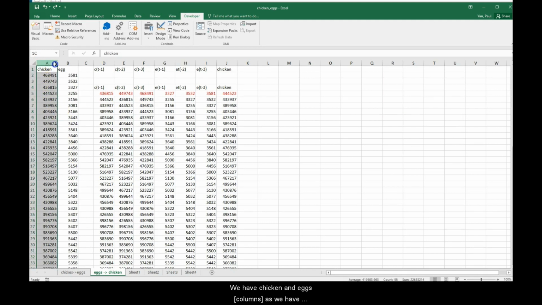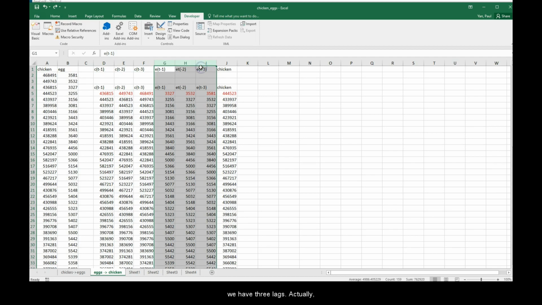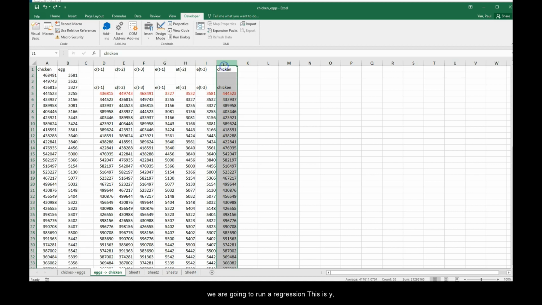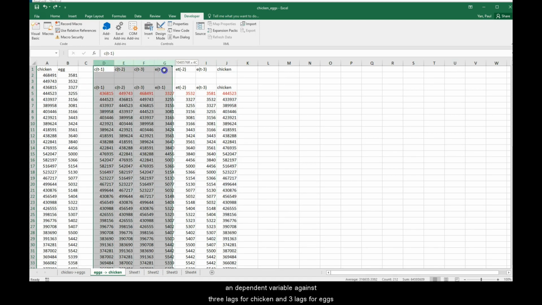We have chicken and eggs, as we discussed in another video. Then we have some lags. So this is chicken lag 1, chicken lag 2, and chicken lag 3. Similarly, for the eggs, we have 3 lags. So actually, we are going to run a regression, where the dependent variable is y, against 3 lags for chicken and 3 lags for the eggs. Then we conduct